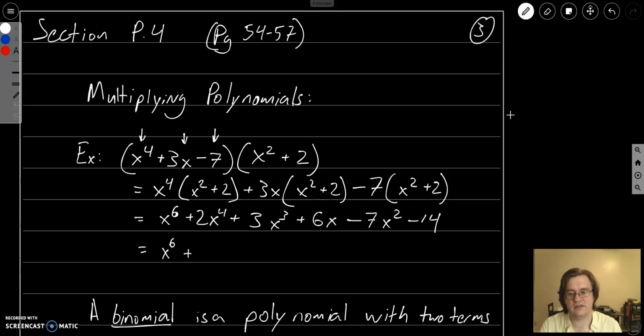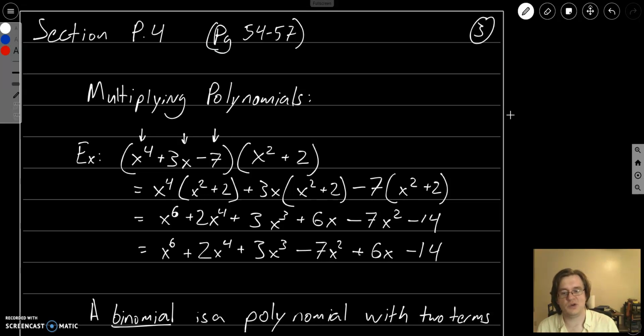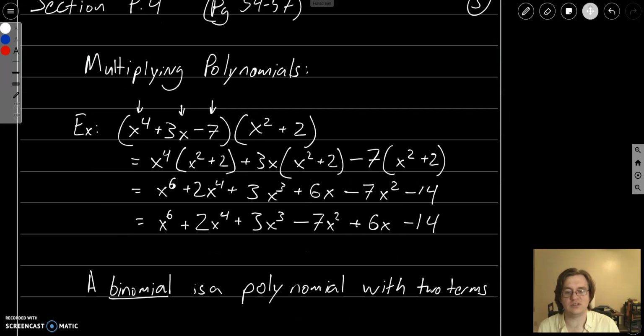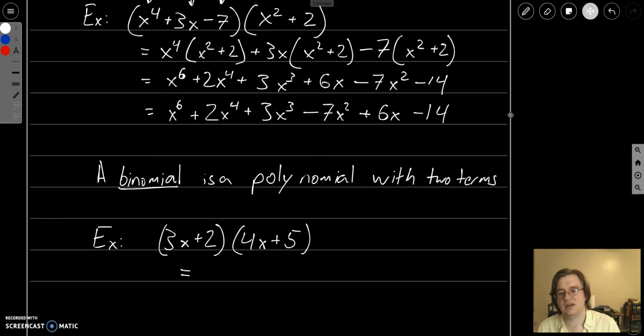There are no 5s, but there is a 4, x to the fourth power. We have an x to the third power. We have an x to the second power, remembering the negative sign out front. We have an x to the first power, and a constant term. And what you'll notice is that there are no like terms, so there is no more simplifying to be done. So again, just lots and lots of